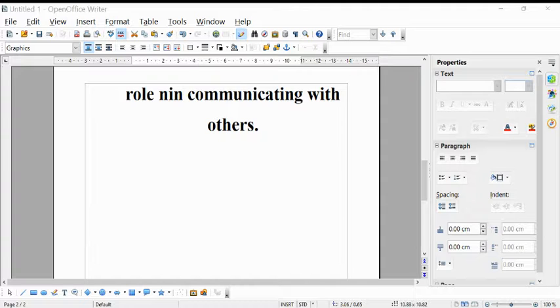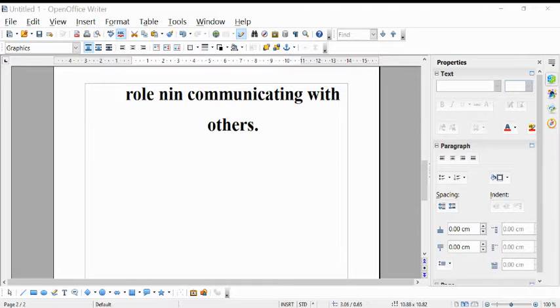Okay, so I'll save this table now. Already it is saved. I gave the name as student. So after this, if you want to insert one more row or one more column, where you want to insert, just take your cursor there and from table, insert, you just add the rows. If you want one more row or one more column, you can add from here. So this is how we can insert the table and how you can insert rows and columns over here.